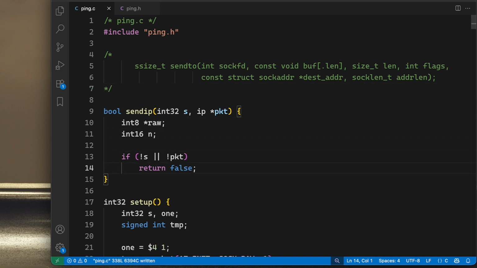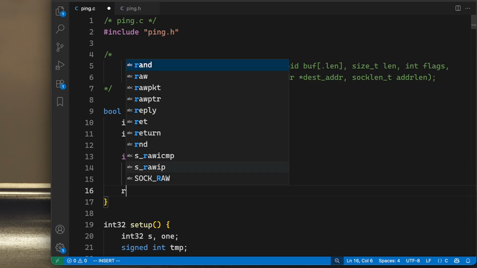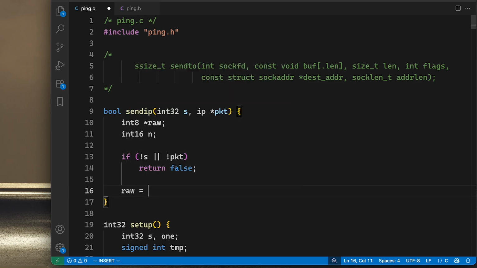Okay, so if all of this is in order, first we need to evaluate this IP packet. So raw should be equal to eval. I think we can just do eval, or not yet. So let's do eval,